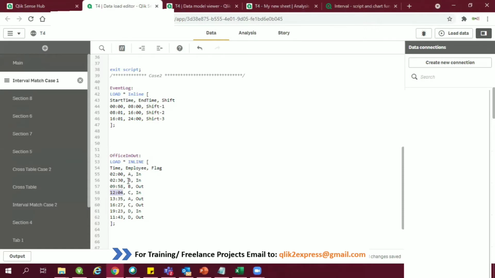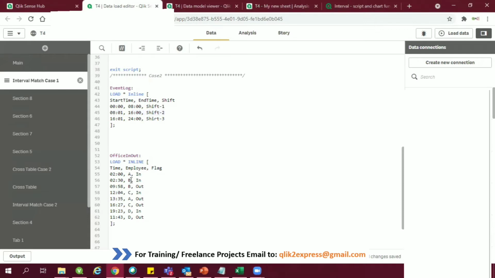If you see over here, employee A entered at 2 in the morning, which falls under shift 1, because your shift timing is from 00 to 8 in the morning. Then when A came out, it was actually shift 2, because the timing is 13:35, that is 1:35, which falls under shift 2.